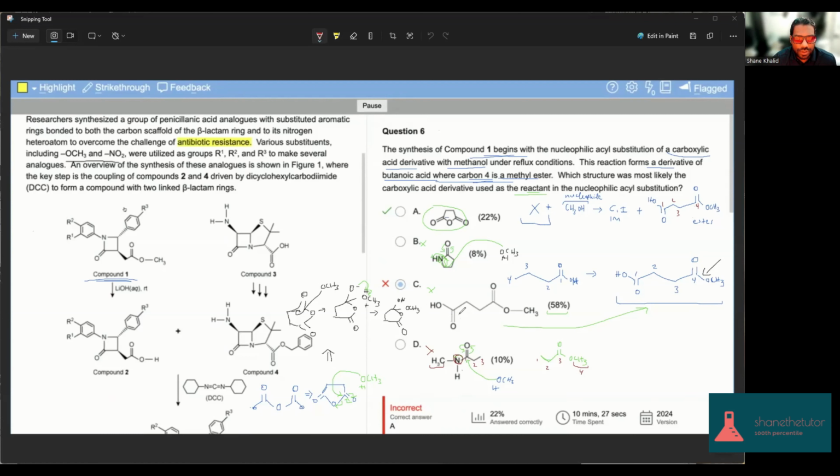Now we only want one oxygen because we need to recreate the, well, I should say that we don't want this OH group. We want this OH group to turn back into a carbonyl so we can have this OCH3 group act as an ester. So basically that's what we want to have happen. So we can have this get deprotonated and reform this double bond here, and it will also open up the ring to give us,